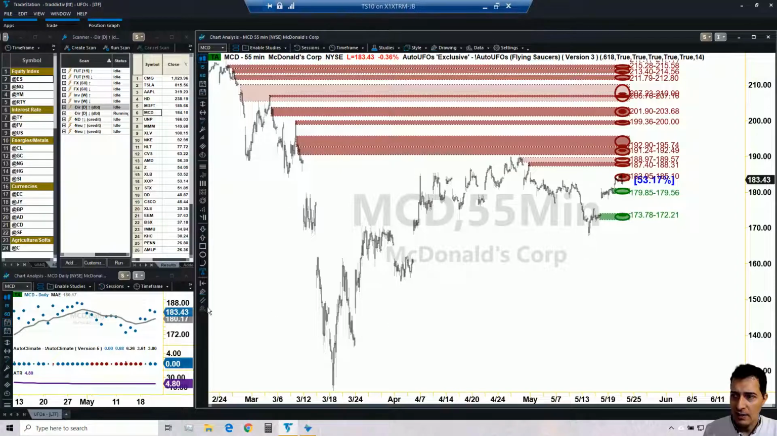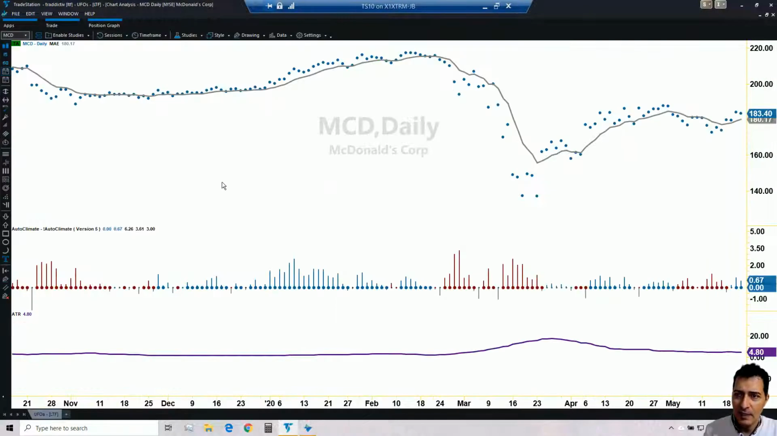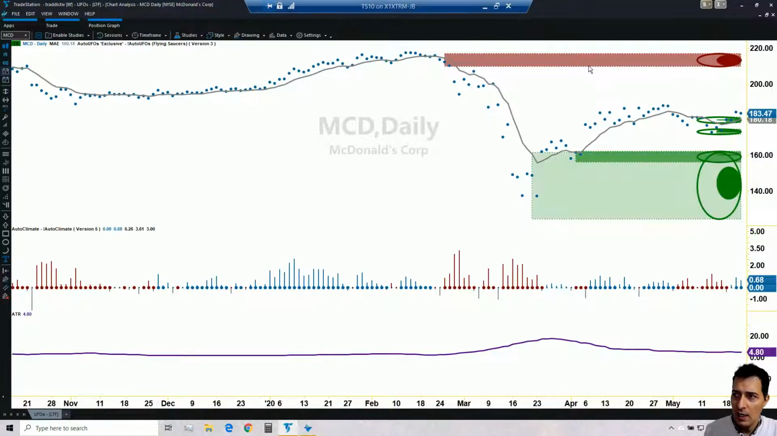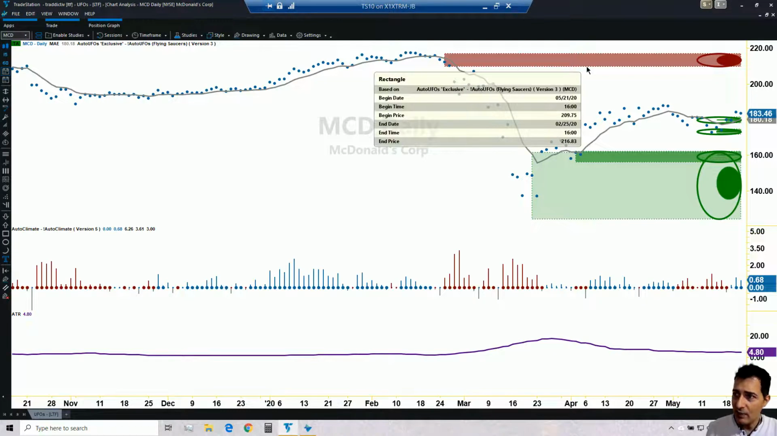So that's good. Then my next step is going to be to set a target using the daily time frame. So turning on AutoUFOs, let's see where the next UFO is. That stock is not making all-time highs, as you can see. We do have red UFOs with McDonald's. And therefore, when I click on it to find out where the target should be, notice how the target should be